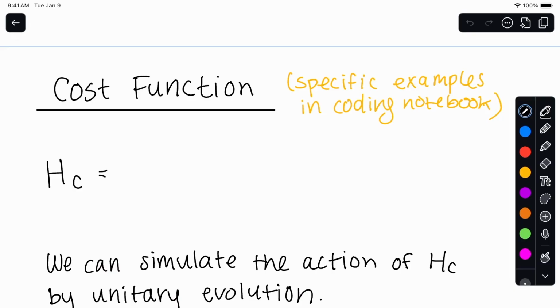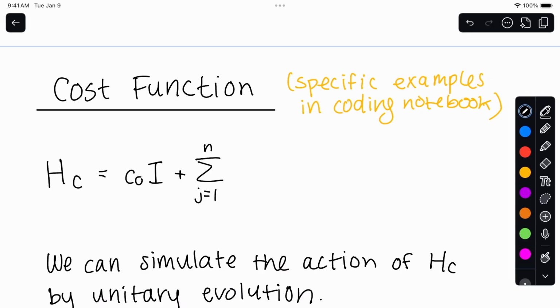So I told you that we need to define a special cost function Hamiltonian. There are going to be specific examples of this in the coding notebook, but the general structure is always going to be the same. It's going to be a linear combination of Pauli Z operators. It could be just the identity. It could be Pauli Z at one location, Pauli Z at two locations, Pauli Z at three locations, and so on. So the structure of it is going to look something like this, where we have some coefficient C naught times the identity, plus